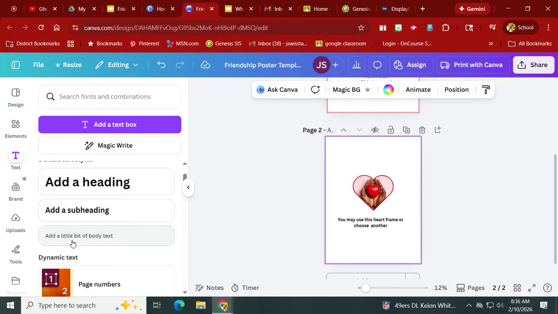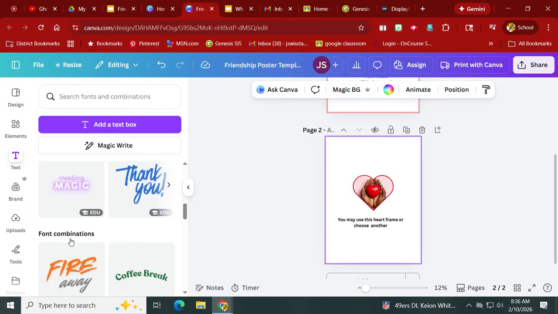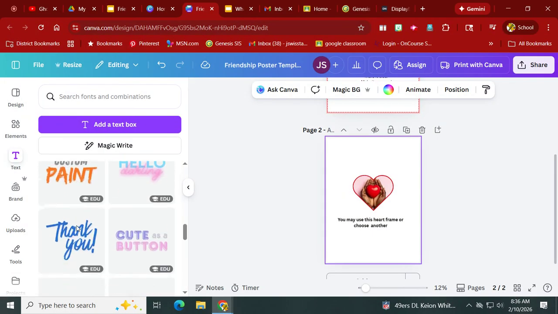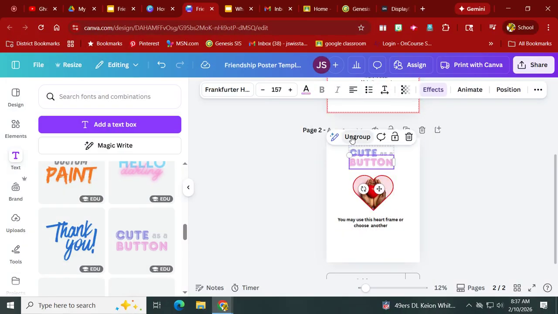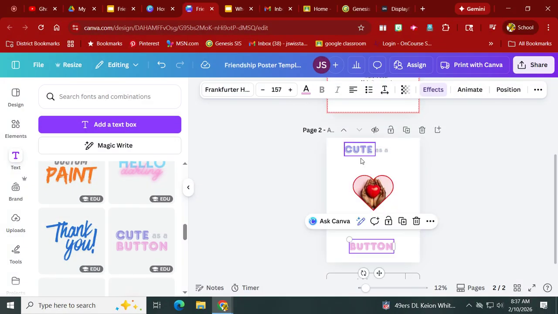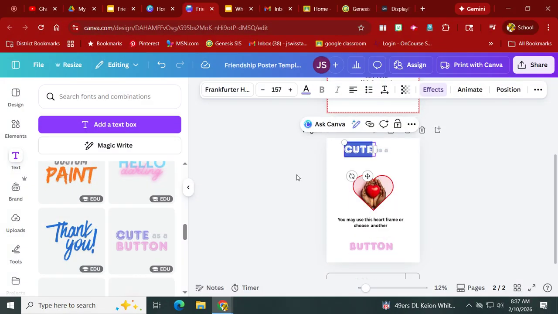Text lives under text here on the left. You're going to look for your headings or subheadings. But don't forget, you also have these cool kind of font setups. So if you want to use these, you can. They're great, but you might want to think about ungrouping them so that you can move things around. So maybe you want to put those at the top and that one at the bottom. You can double click and